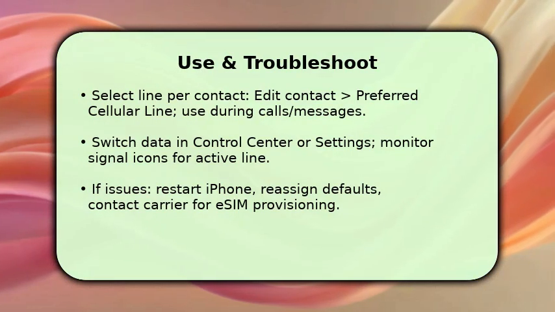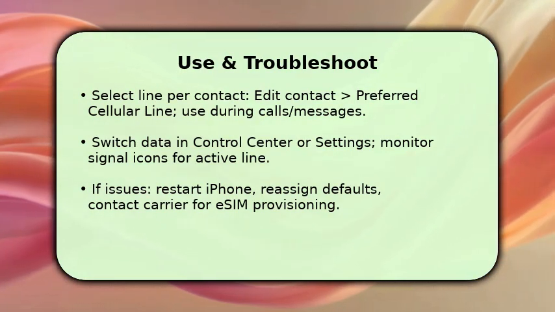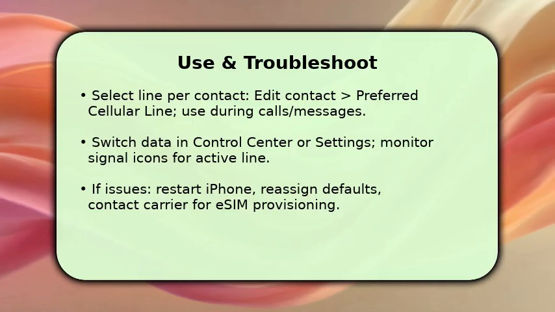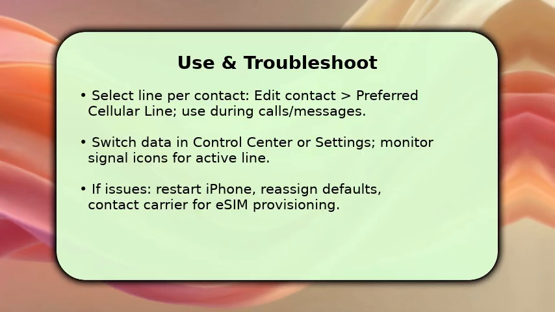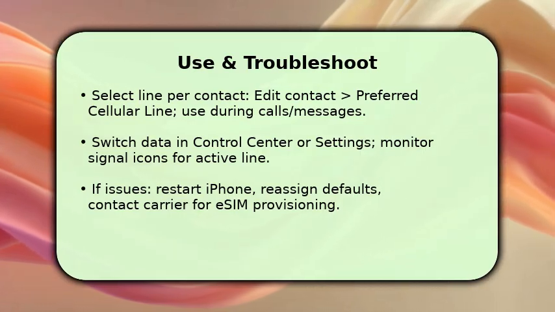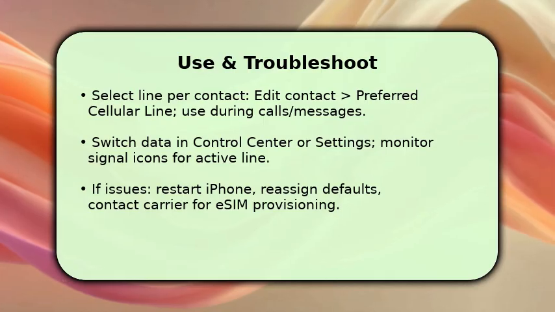You finish by using the lines. Edit a contact to set a preferred cellular line or pick a line when starting a call or message. That gives precise control. To change data quickly, toggle the active line from Control Center or Settings and watch the